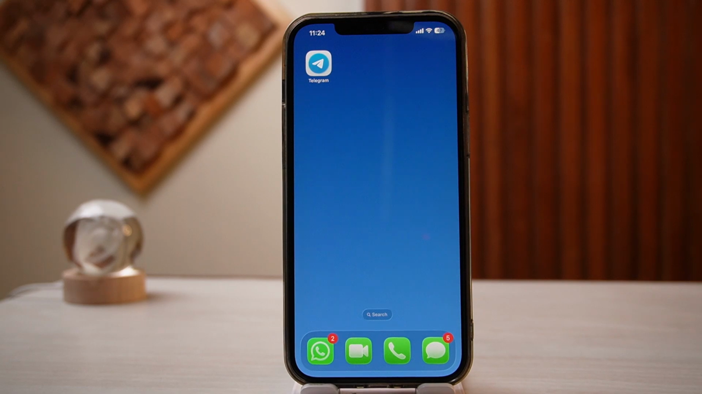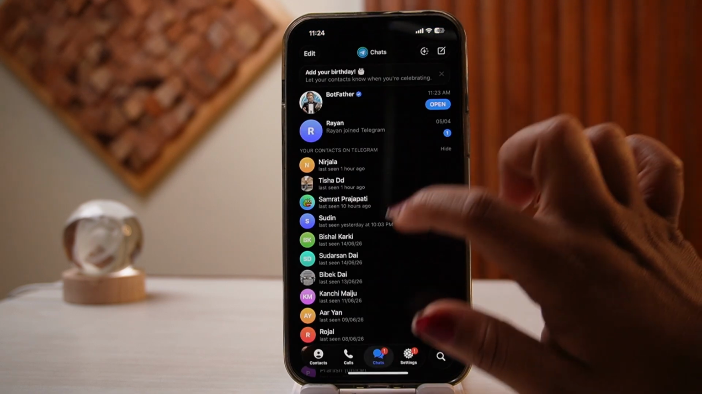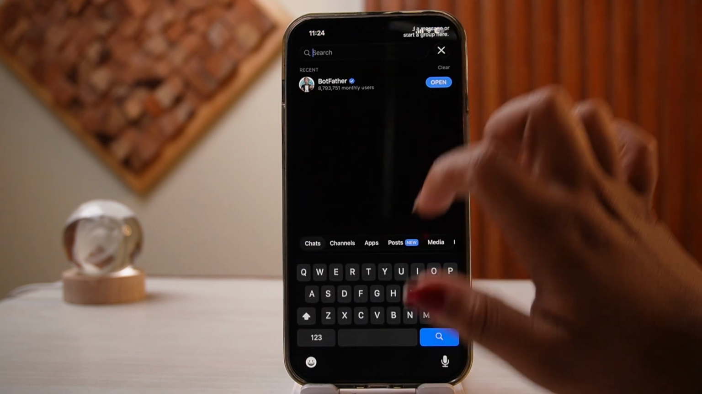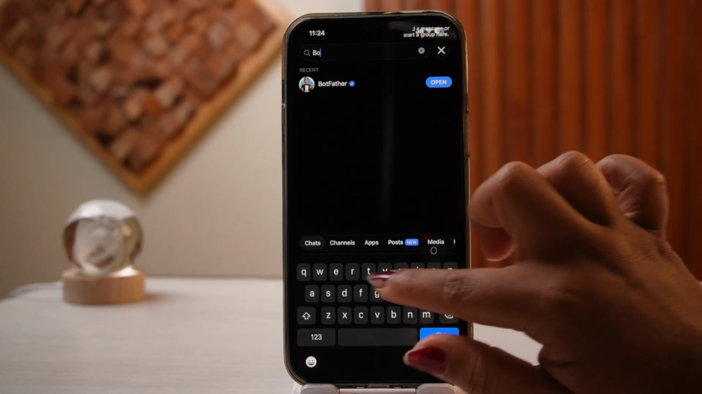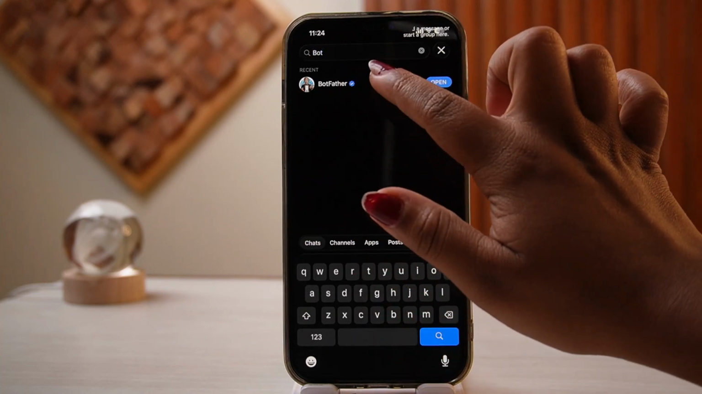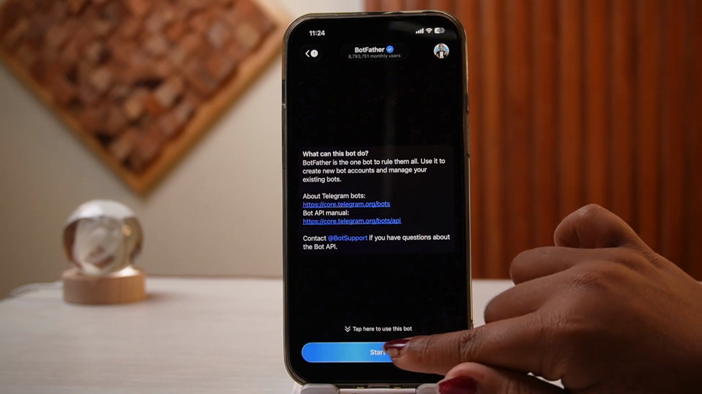How to use Telegram bots for automation. So the first thing that you need to do is create your bot via BotFather. So open your Telegram, and in here what you're going to do is on the search bar you're going to search for BotFather. Here you can see BotFather right here, tap on it, and in here tap on